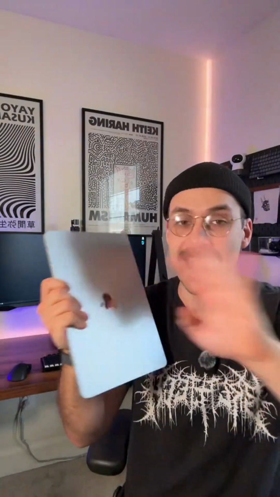And then if you have any Intel Mac at all, I don't even care if it's a max spec Intel Mac from 2020, this thing will outperform it by a mile. I'll be testing this thing a little bit more extensively, but I hope that kind of helped you guys decide whether or not this is for you,